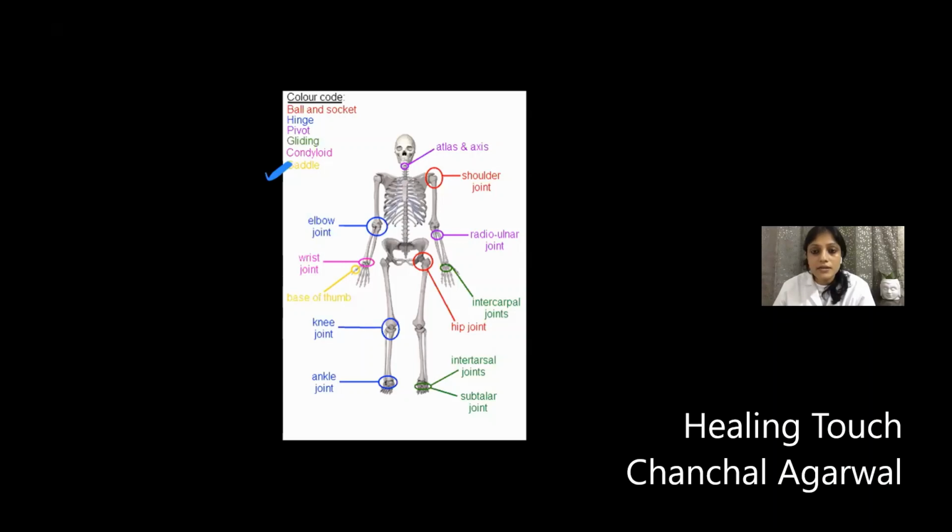So saddle मतलब जो घोड़े की पीठ पर जो लगाते हैं ना, so that type of joint is here present here, so we call it saddle joint. So this base of the thumb joint is an example of the last type of synovial joint, and that is saddle joint. ठीक है. So इसमें कुछ pictures में आपको just for clarity